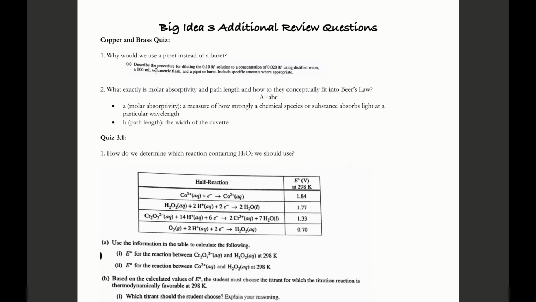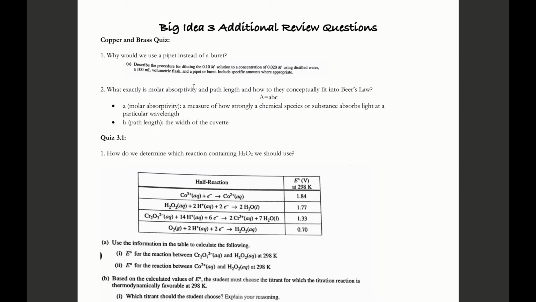For this question, notice it tells you you're using a volumetric flask, and then to make the solution, you're going to use a pipette or a burette. The answer could be either a pipette or a burette. It really doesn't matter. Normally when we're talking about the accuracy of a tool, a volumetric flask is going to be the most accurate, followed by, and we really haven't talked about volumetric pipette so much,